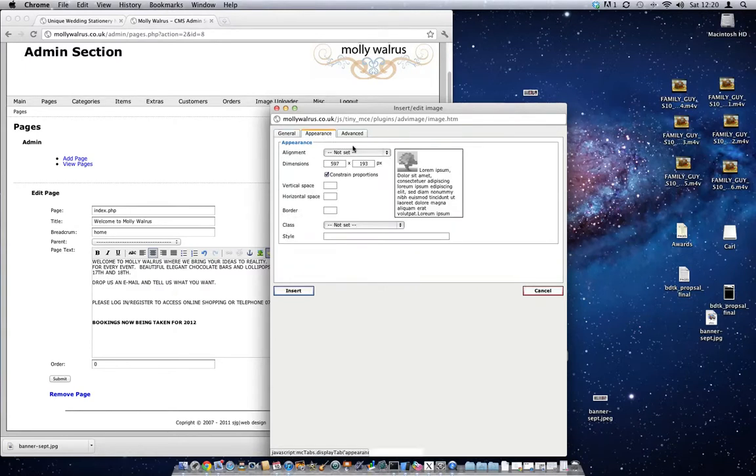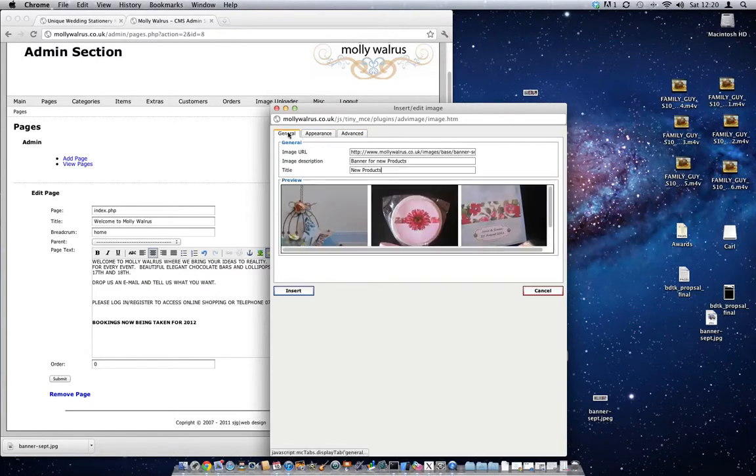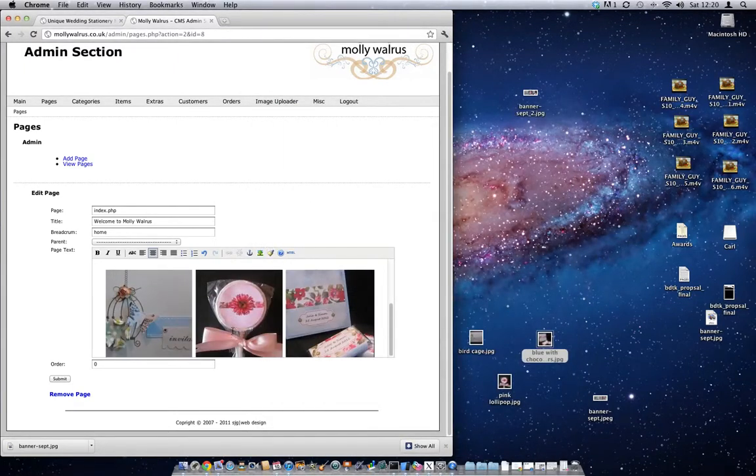If you go to appearance, you can select the dimensions of it, vertical space. You don't need to really worry about these, but you can do some interesting things with that. You don't need to use anything advanced, but general appearance really is what you're looking for. You insert the image, which inserts it down here at the bottom, and just always make sure that when you're inserting the image on the home page, you select centered so that it nicely centers it in the bottom of the page. You hit submit,